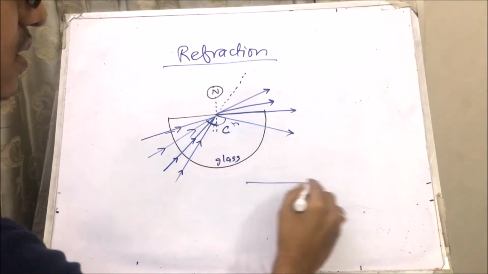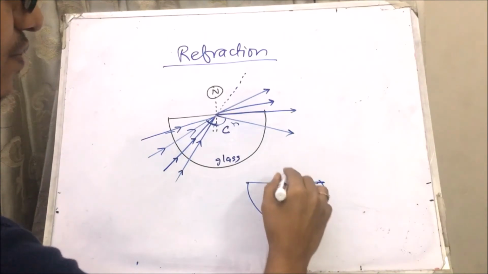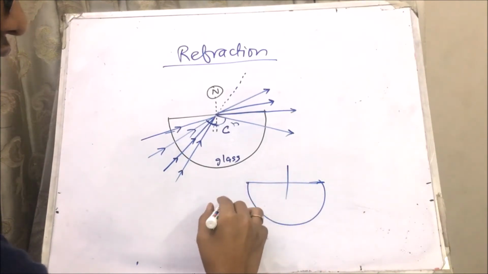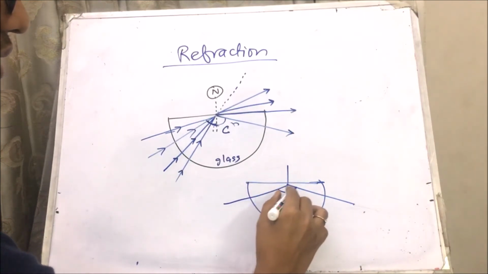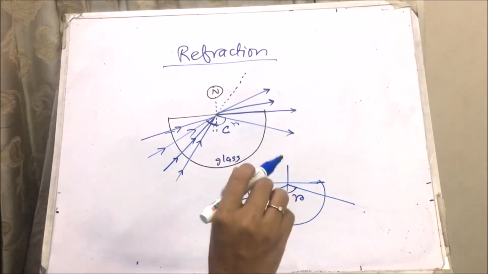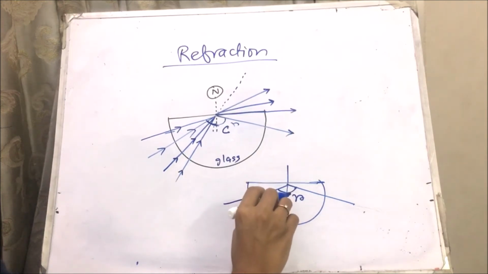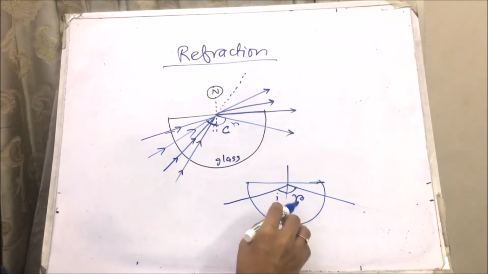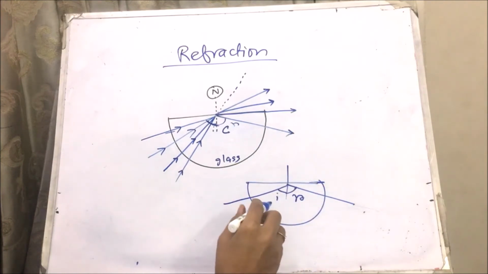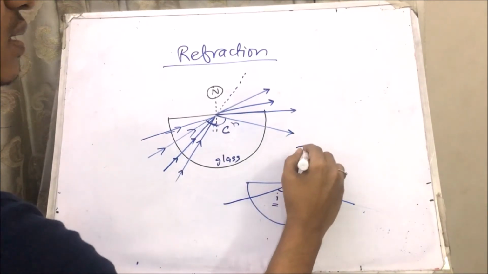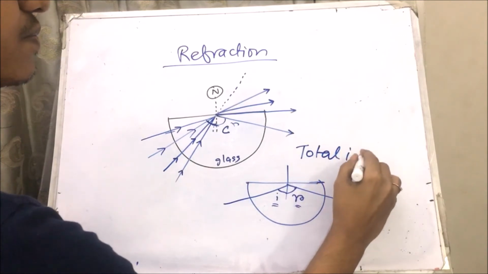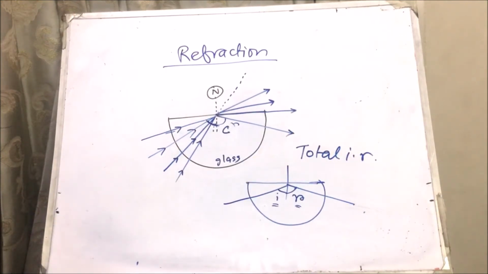I'll just break this picture into a bit more detail. So, at an angle greater than the critical angle, this is what happens. That's your angle of incidence, that's your angle of reflection because the light did not exit the air glass boundary. So this is not the angle of refraction, this is the angle of reflection. Here again, the angle of incidence and the angle of reflection are same. This sort of reflection that happens inside the glass is called total internal reflection. This is what we call total internal reflection.